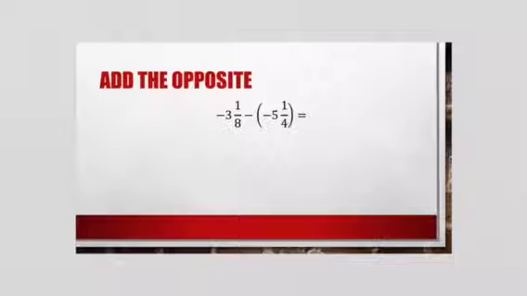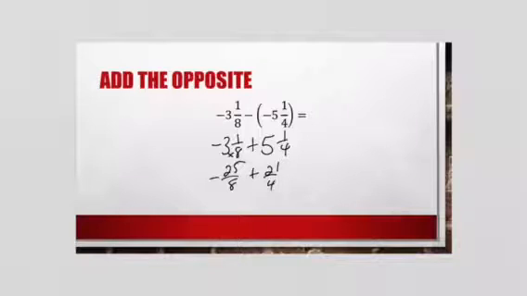Let's try another one, this time with mixed numbers. Okay, so first thing we're going to do is rewrite the problem, and it's negative 3 1/8 plus 5 1/4. Now, we have to look at these and say, okay, what should we do first? I think we need to change them to improper fractions just to make this an easy problem to work. What is 8 times 3? 24 plus the one on top is 25. So we have negative 25/8 plus